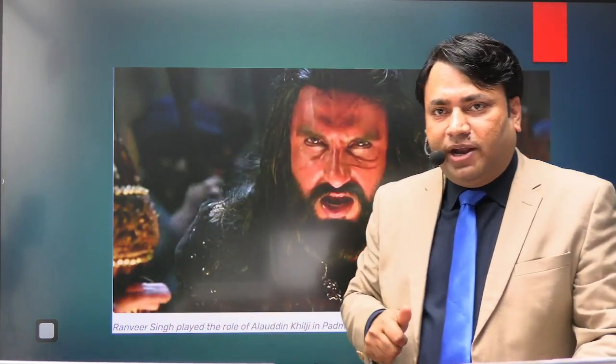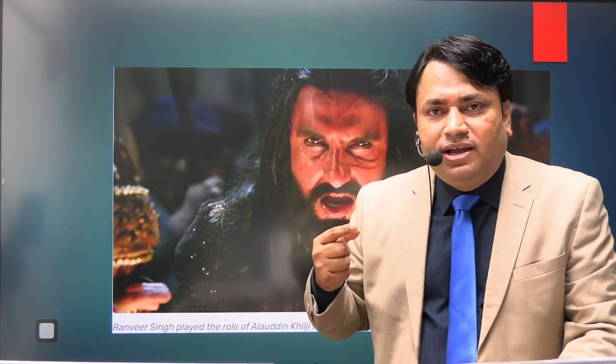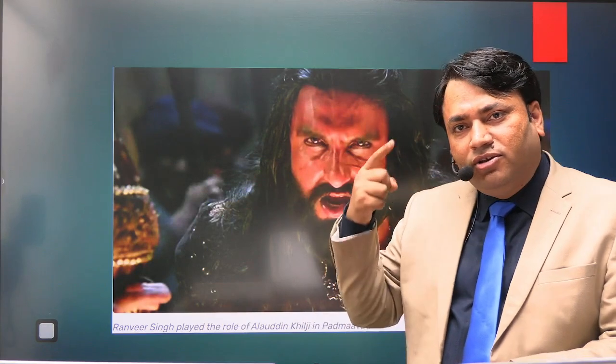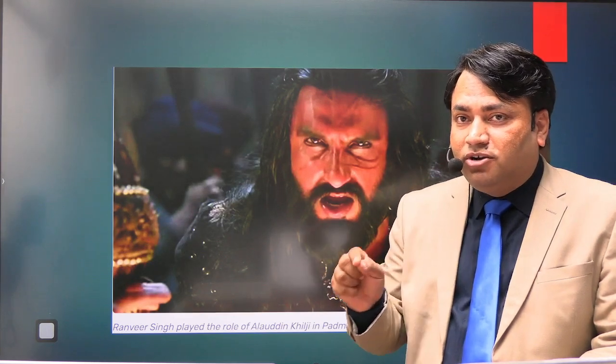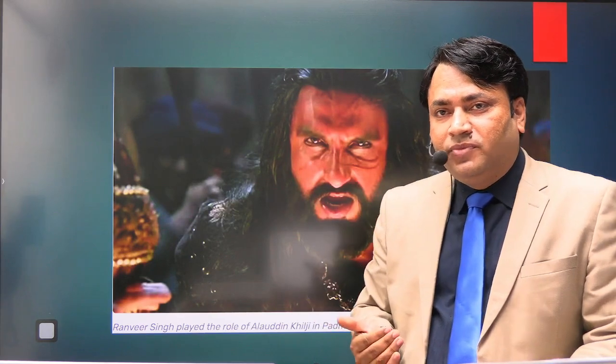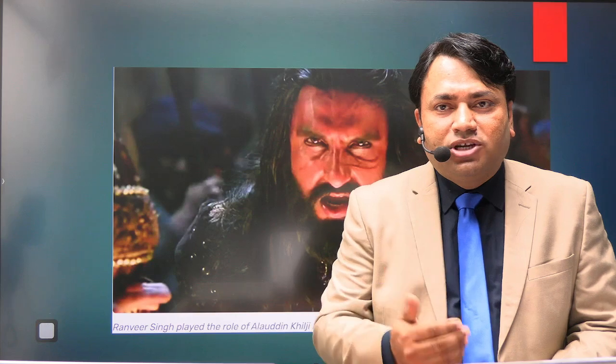Now, when I say Alauddin Khilji, what information strikes your mind? Just wait for 30 seconds and think. Whenever I say Alauddin Khilji, as a ruler of the Khilji dynasty in the Delhi Sultanate period, what information has floated in your mind? You will find that if you are not a student of history, your knowledge is guided by fictional Bollywood stories. Your knowledge is guided by content circulated on WhatsApp, Facebook, and other social networking sites, and that is not proper and accurate knowledge.